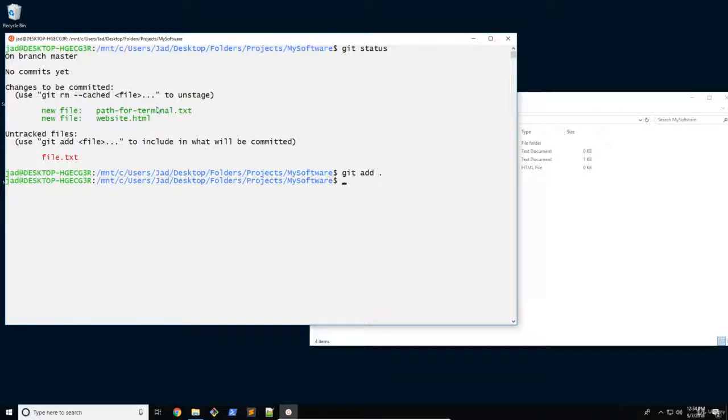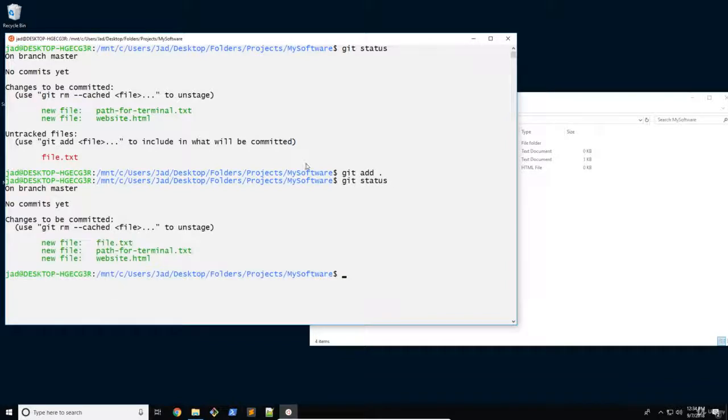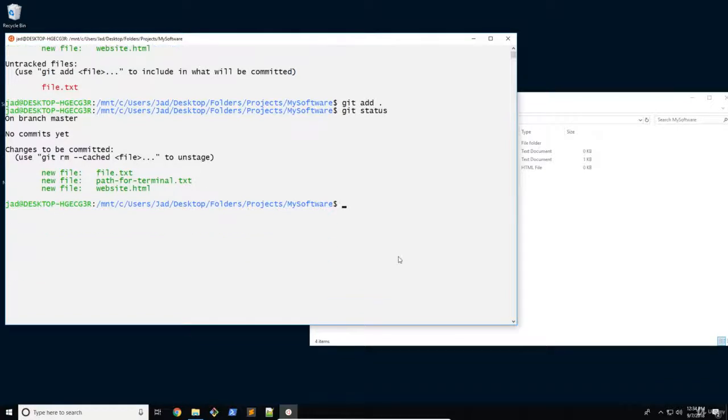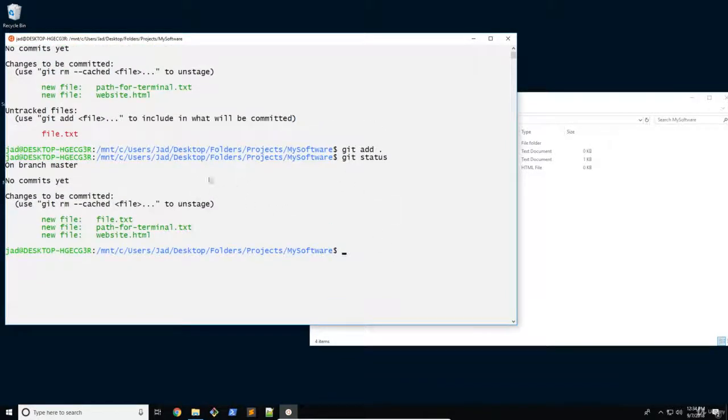Now we're going to start actually making our first commit. So I'm going to go ahead and check my status, make sure I have everything. You can see we created 3 new files. So let's go ahead and make our first commit. One thing I'd like to say is the different types or flags on the commit command. So the command for actually creating a commit is git commit. That's it. But there's a few things we need to do before that, and there's a few things we need